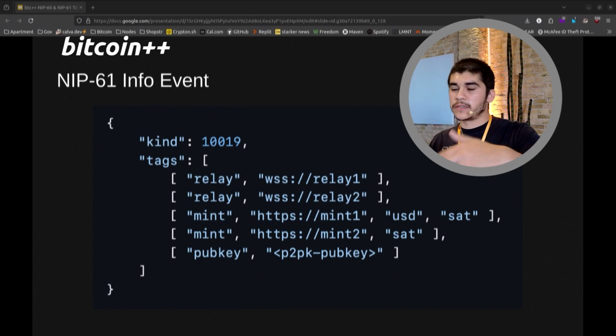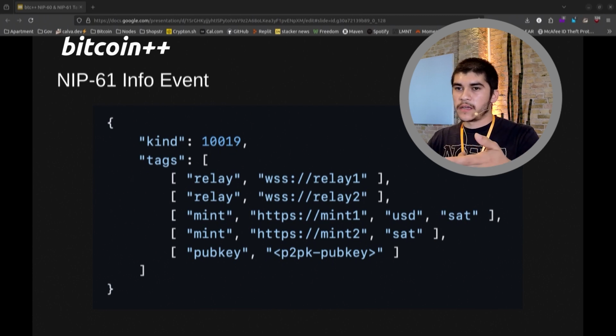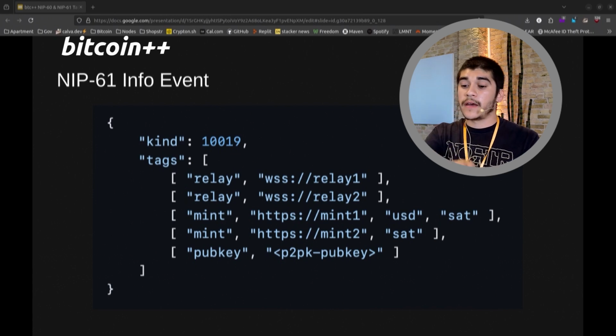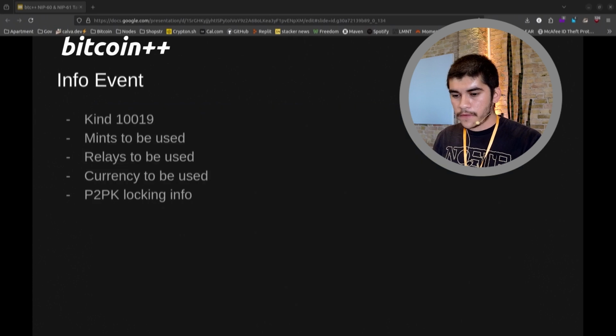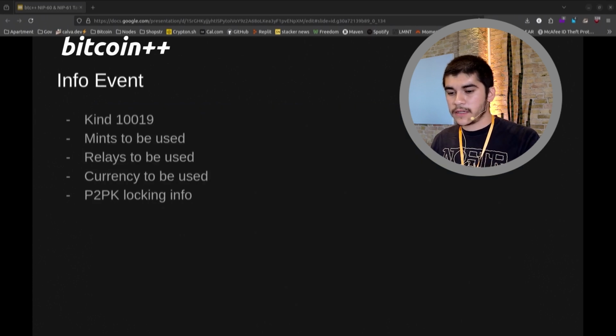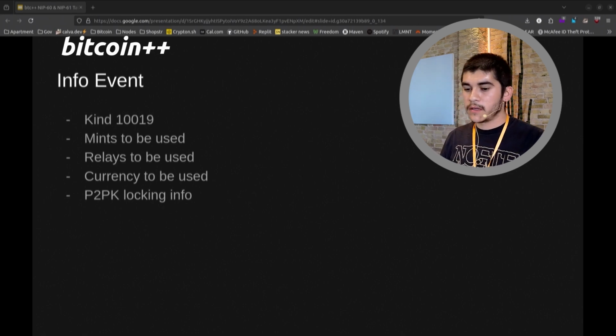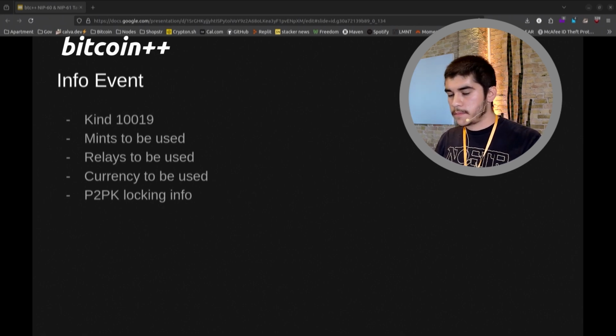And whenever you're actually receiving these zaps, which because they're public payments, they have to be locked to a pub key. Otherwise, anyone could just read the note and say, "Oh, there's money in there," and just take it. So this ensures that it's actually locked to a person who has control of the private key, and that it can only be redeemed by that individual themselves. So yeah, again, kind 10019, it specifies the mints that are going to be used, the relays to be used, the currency that you want to receive money in, and the pay to pub key locking info.